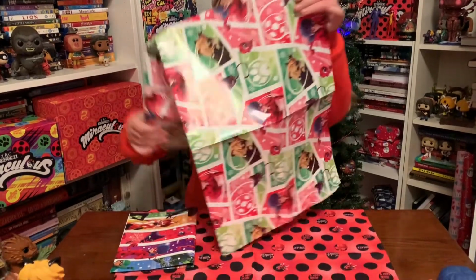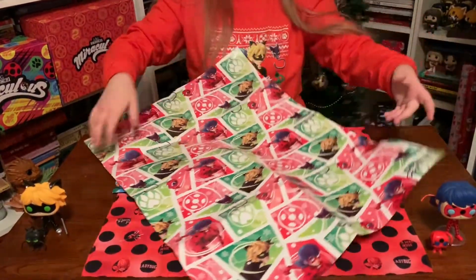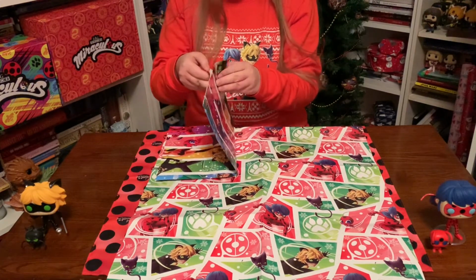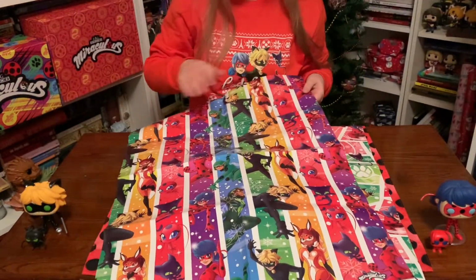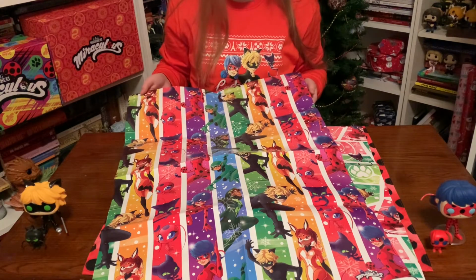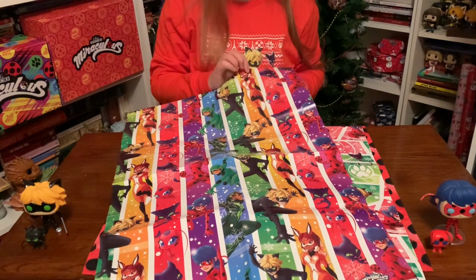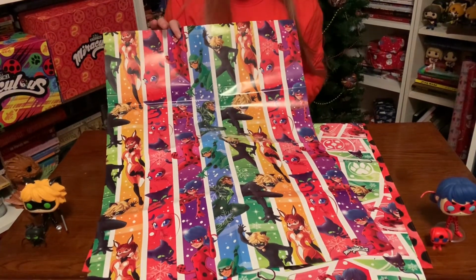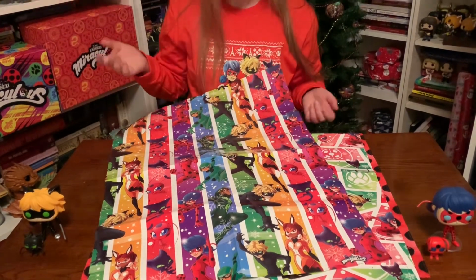So we have wrapping paper. There's 2 designs. They're quite large sheets. So we have the one that looks like the box, which probably goes that way because otherwise they are sideways, and then we also have the one with several characters on. So we'll have Rena Rouge, Cat Noir, Carapace and Ladybug and Plagg and Tikki. They do seem to have quite a bit of Plagg and Tikki, which I'm quite loving this time round. I think they're really nice. I couldn't say that this one you could probably put up as a poster. I don't think it's necessarily an all year round thing. It does have that sort of snowy feel,